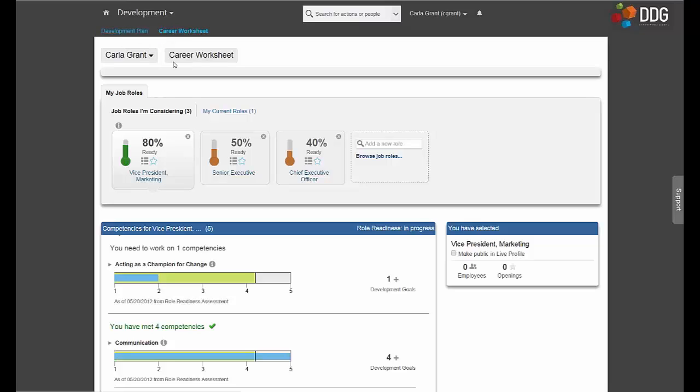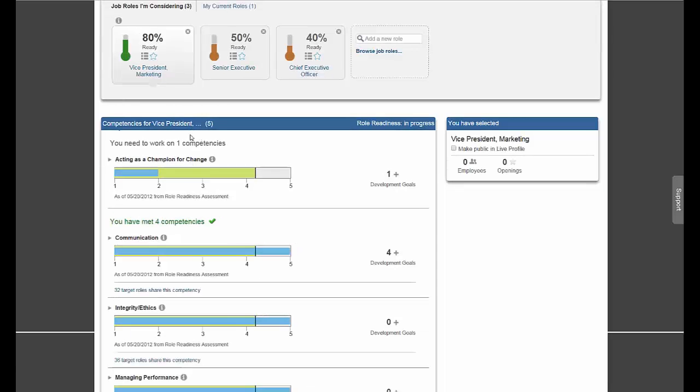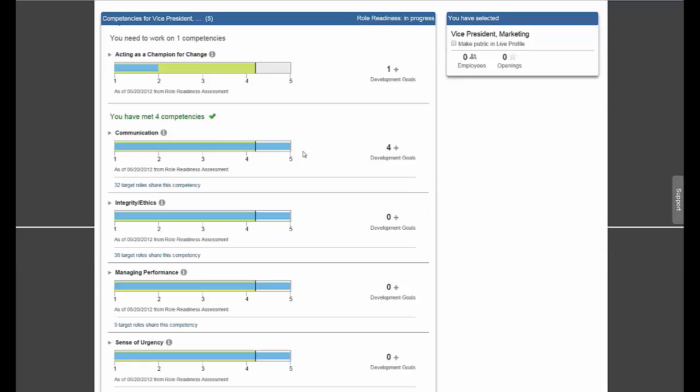Now, if we have a look at Carla's career worksheet, we can see that she's currently looking at a number of roles that she's interested in achieving within her career. So we can see that the next role that she's interested in is the Vice President of Marketing, and she's currently 80% ready. Now, that assessment is done based on the competencies that are aligned with the Vice President of Marketing role, and the assessment that Carla has had against competencies through the performance management module or the 360 module